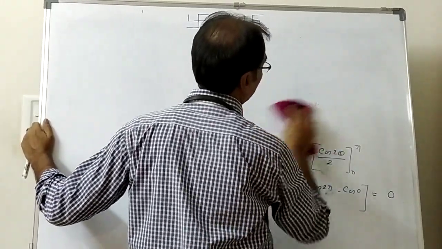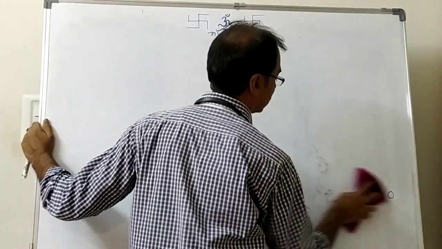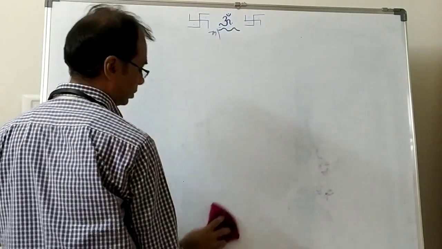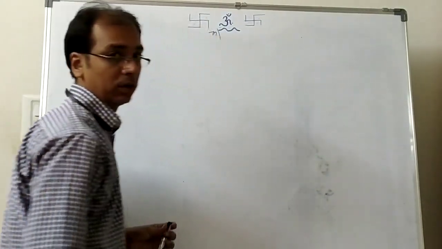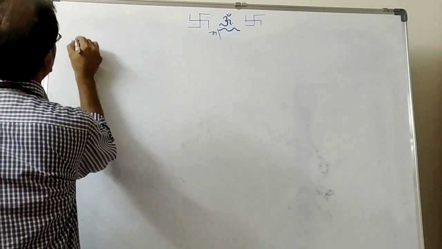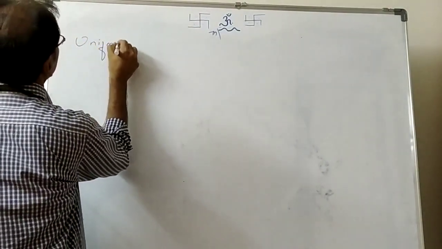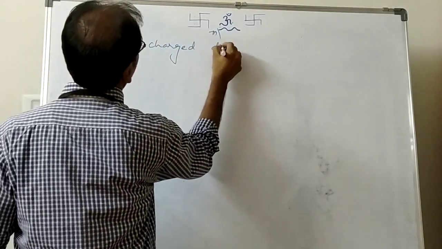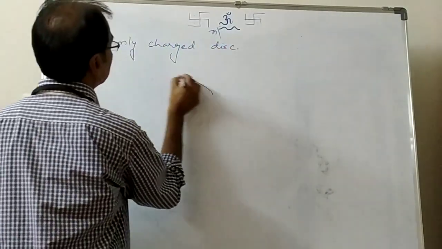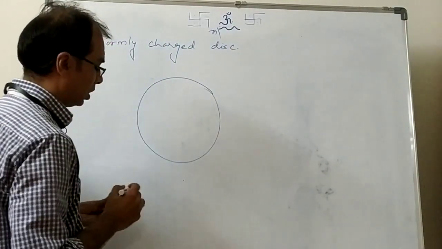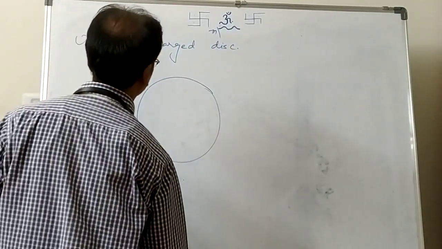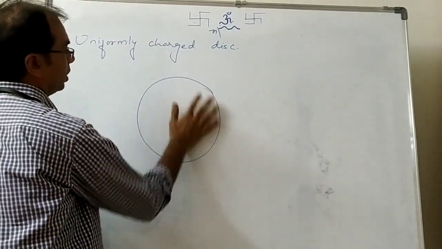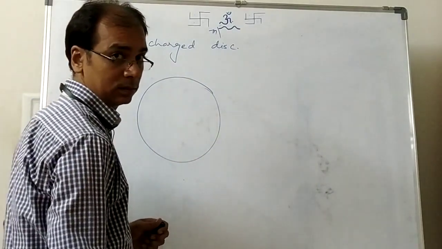Right? So now we are going to find the electric field along the axis of a uniformly charged disk. Ring we have seen, now we are going for disk. If we discuss the disk, where is the charge? Is it on its circumference or on its area? Do we have any substance in the disk? Yes, there is a substance.